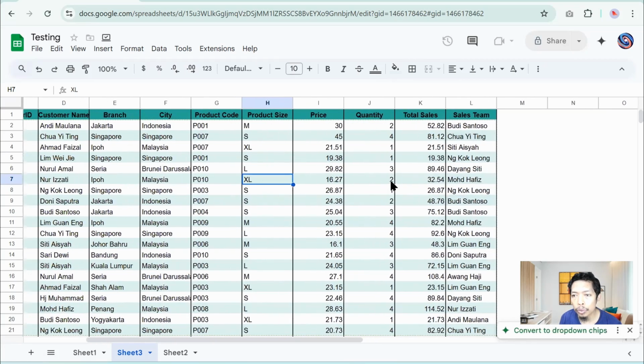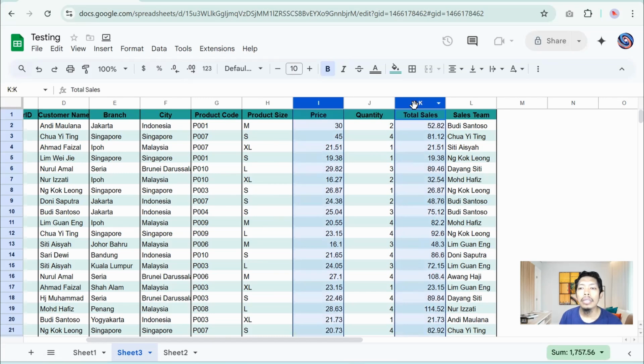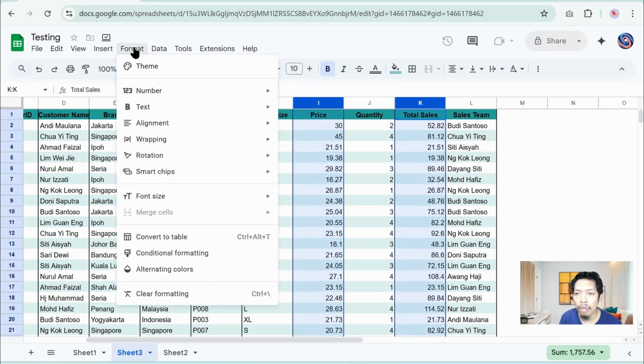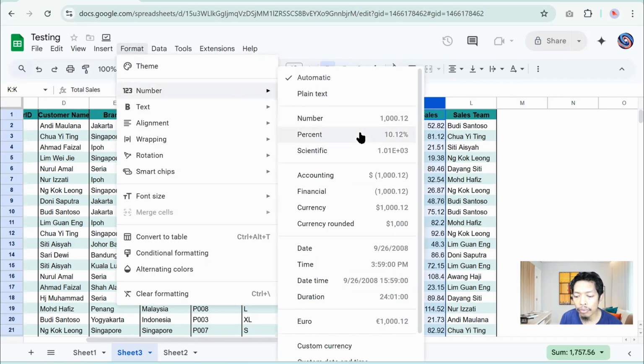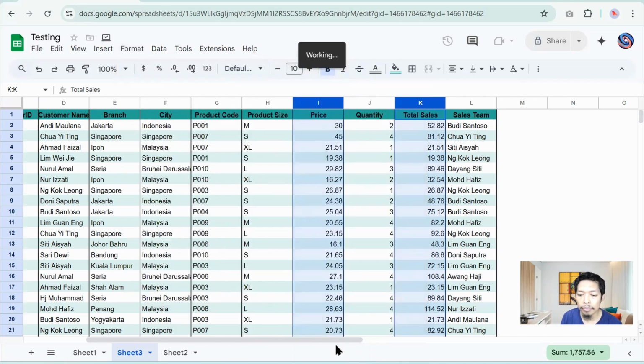Lastly, I'm going to format the price column so that the values are displayed as proper currency. I will select the price and total sales columns. Then go to the Format menu, hover over number, and I see several formatting options. Since I want to format the numbers as currency, I can choose the currency option. If you want to use US dollar, you can just select it directly. But if you prefer a different currency, for example euros, click custom currency.